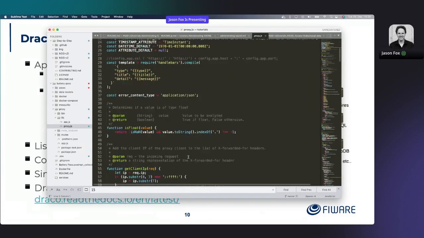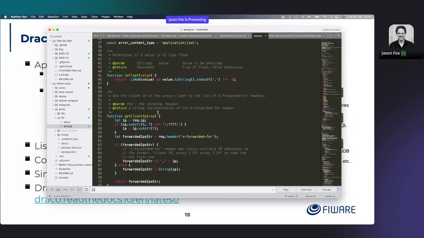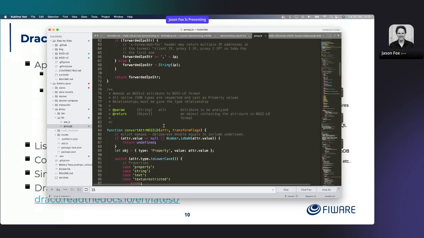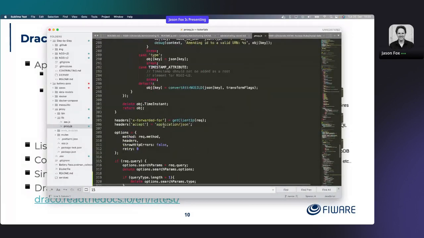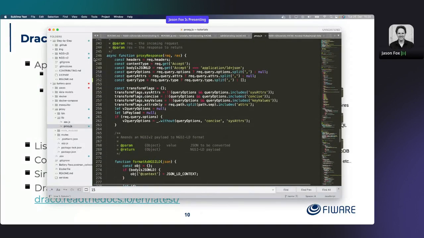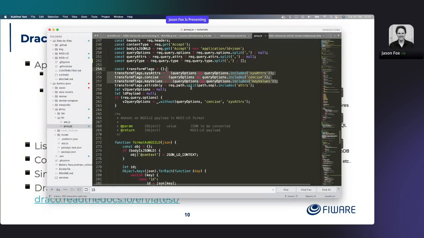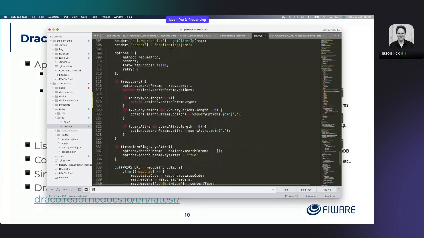But what I have here is another simple Express app, proxying an NGSI-LD request. NGSI-LD comes in. It could be application/ld+json. It could be various others. It could have things like sysAttrs or concise or key values or whatever in there. But what it does is